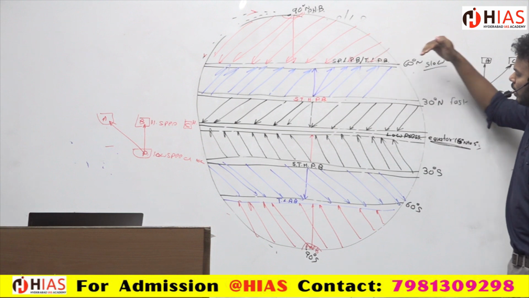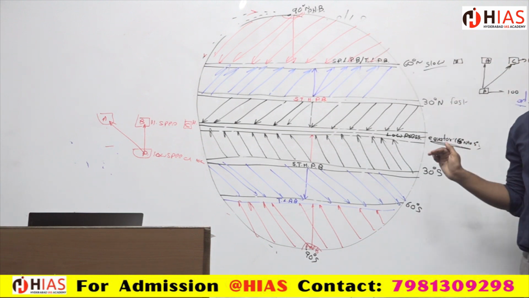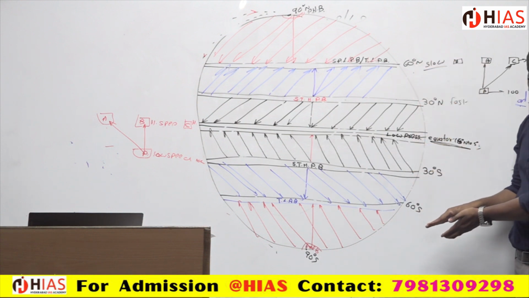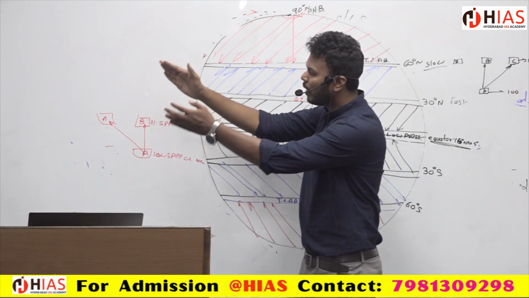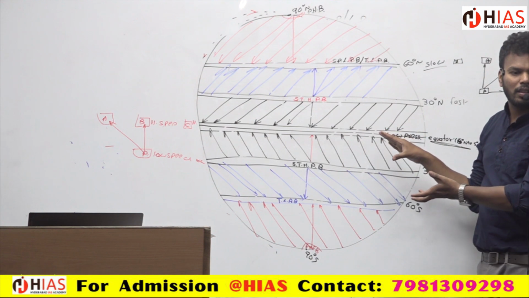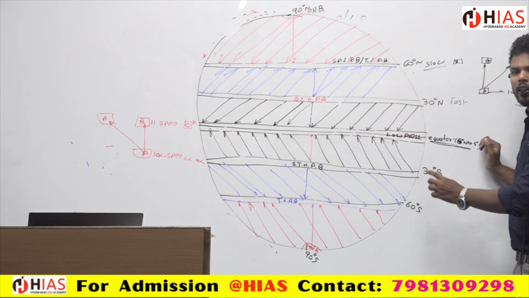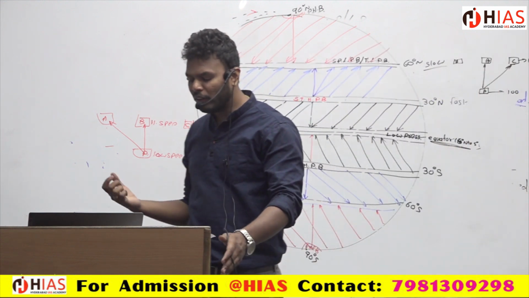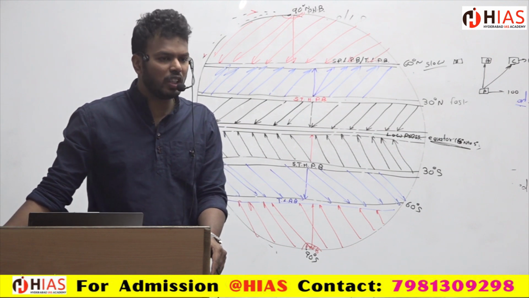See, December 22nd, what is it? Winter solstice. Then the pressure belts will shift below. On June 21st, the summer solstice, the pressure belts will shift above. This one is at the equinox. So when the sun is overhead at the equator, what is happening at the equinoxes? September equinox, March equinox.